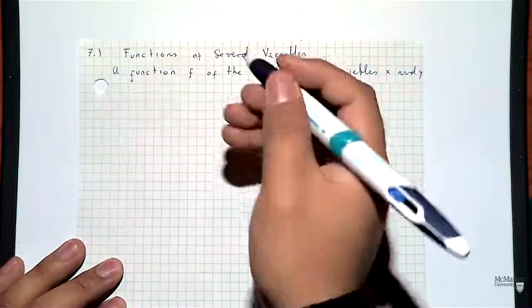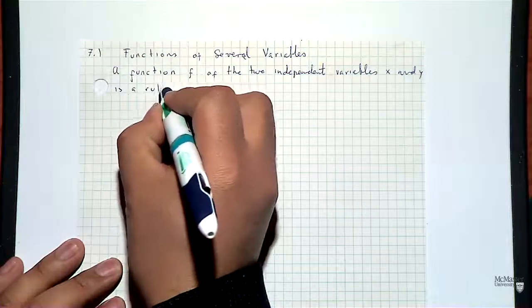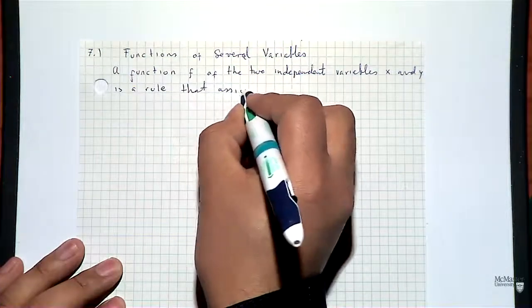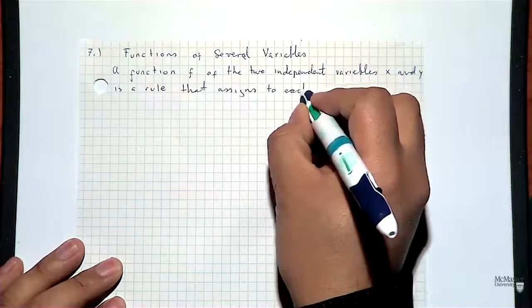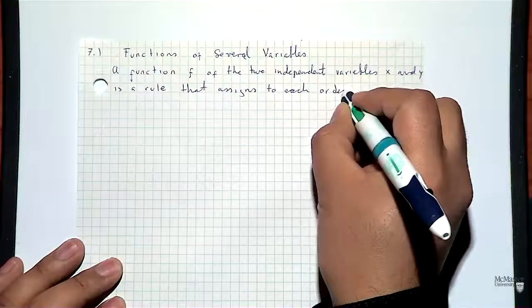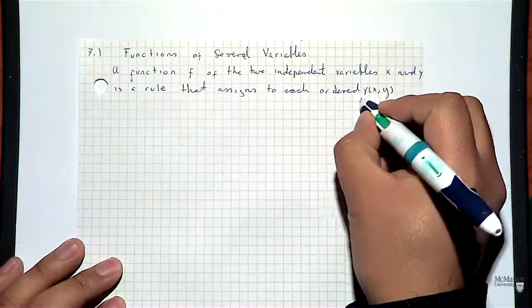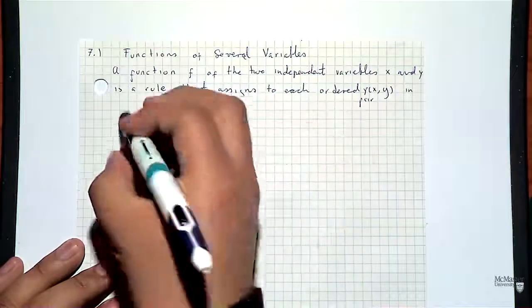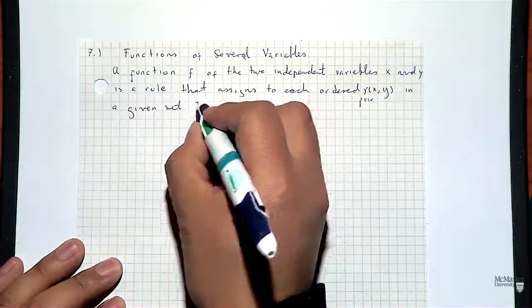So as any function, right? What you have is a rule that assigns to each pair, ordered pair because you write always the x before the y, ordered pair, (x, y), in a given set D, which is the domain,